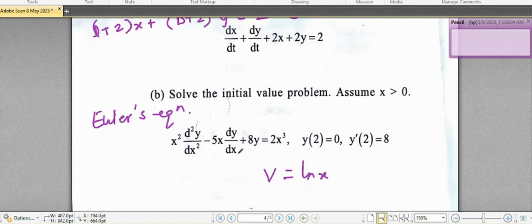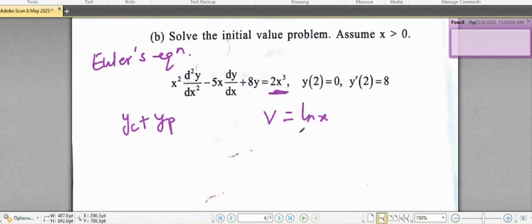So it's not just a homogeneous one, the right hand side is non-zero. So be very careful while you find your yp here, because the solution is not just yc, it's yc plus yp, because the right hand side is non-zero. So you'll have to make sure that you are calculating yp nicely using the standard techniques that you know, either variation of parameters or undetermined coefficients. So you can verify